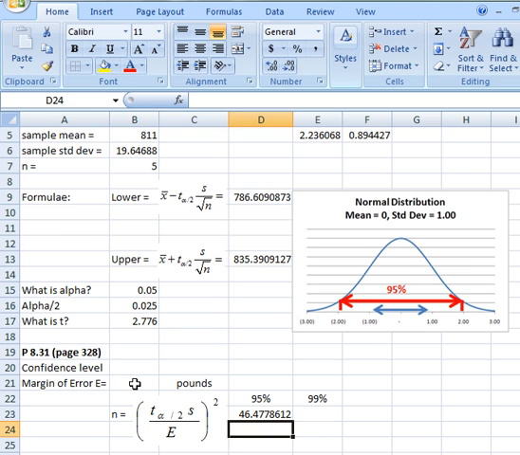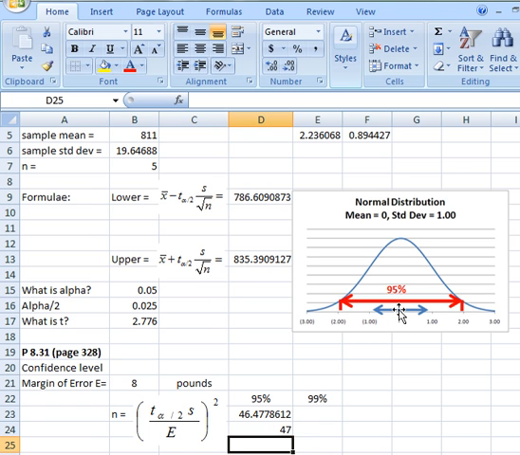Now, as we know, to be conservative, we can't have a sample size of 46.477. You've got a choice, 46 or 47. Which is it going to be? Well, it's going to be 47 because we want to be conservative. So that's the sample size if we want to have an 8-pound